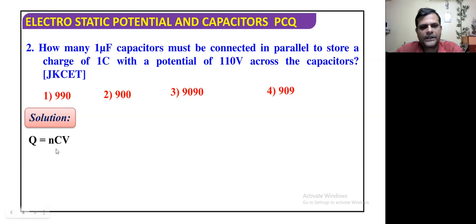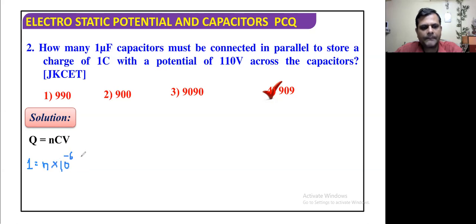Okay, तो n कैपेसिटर्स अगर हम लगाते हैं, ऐसा अगर मान लिया, तो उस केस में you can just get that this Q is required to be 1, n is to be found out, C is given to be 1 microfarad, मतलब 10⁻⁶ हो गया वो, और V जो है वो 110 है इधर।